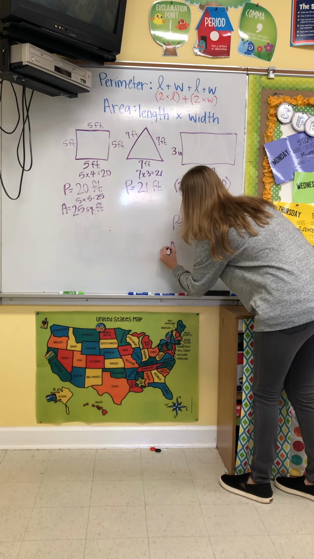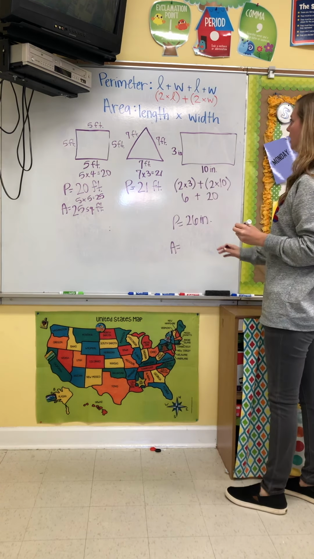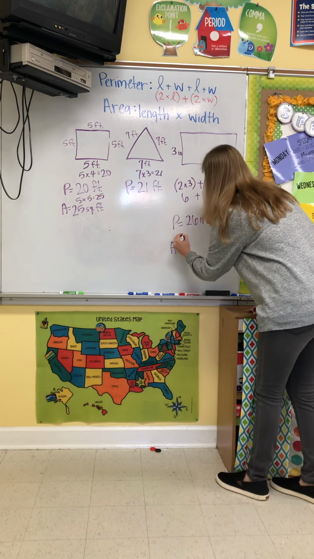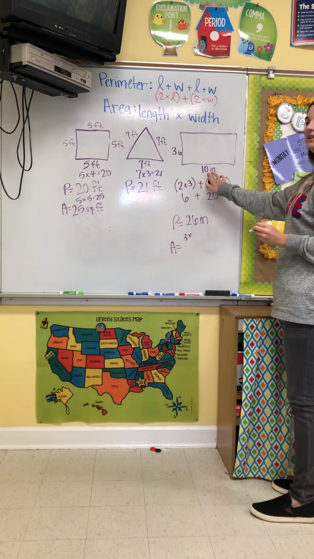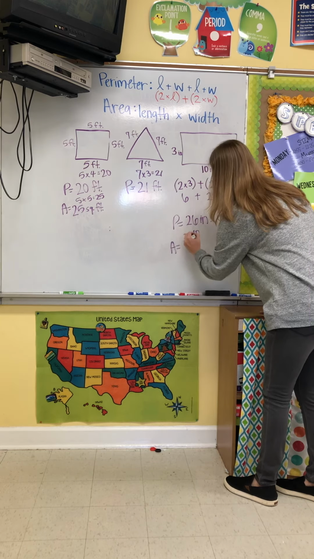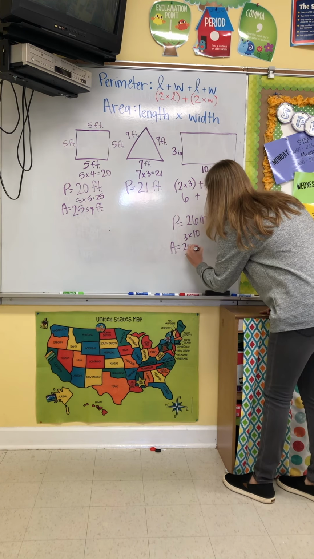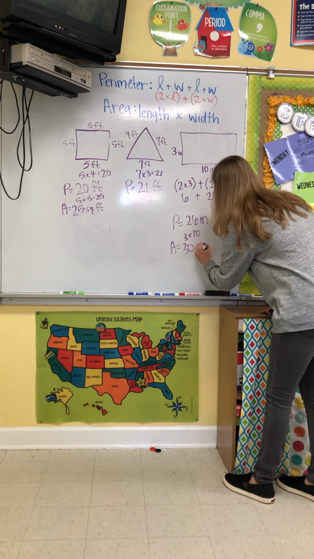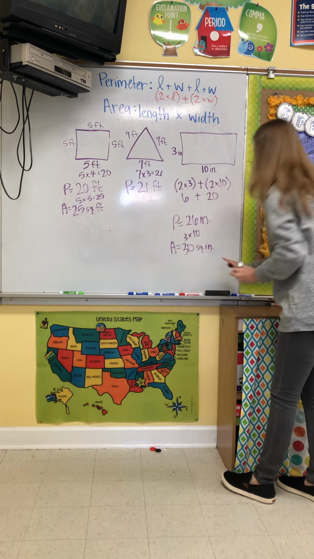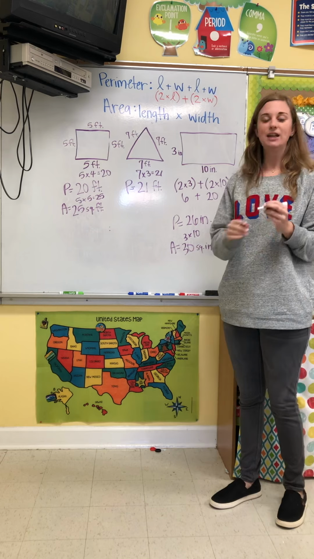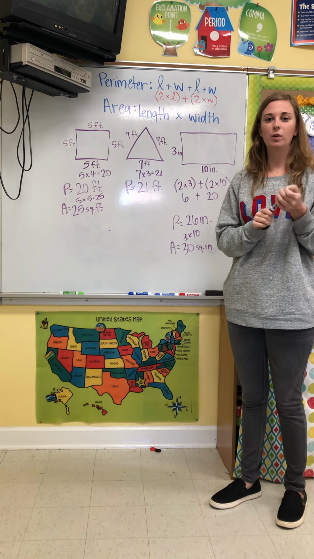Area, you're going to do the same way, length times width. And so we know our length is 3. Our width is 10. Multiply those two together, and that gives us 30, and we're gonna write square inches right behind it. Okay, so that's how you're gonna do perimeter and area for your bookwork,